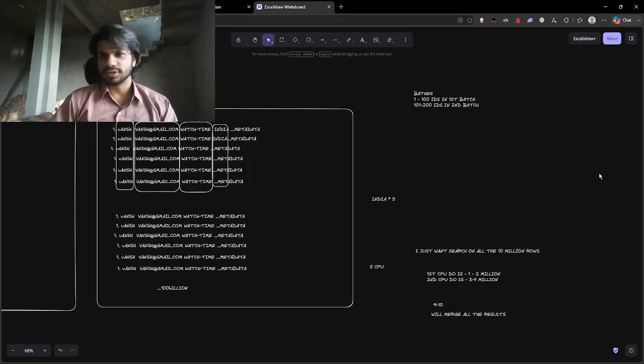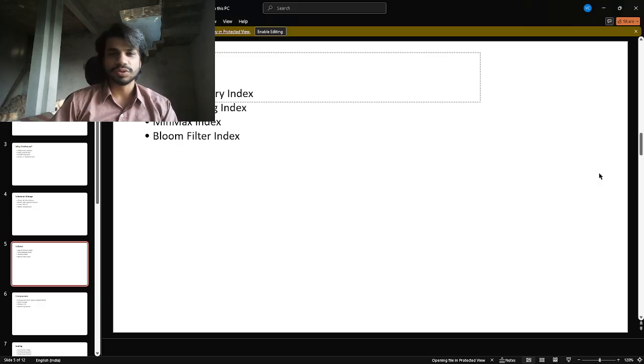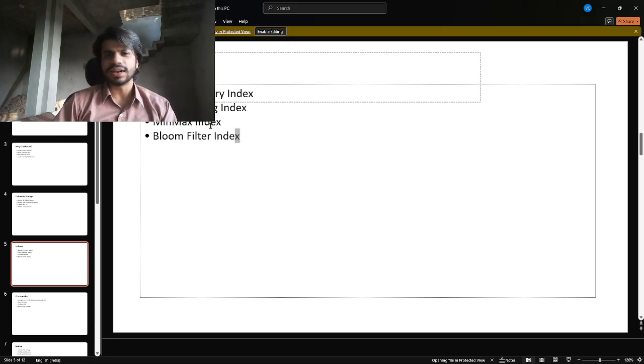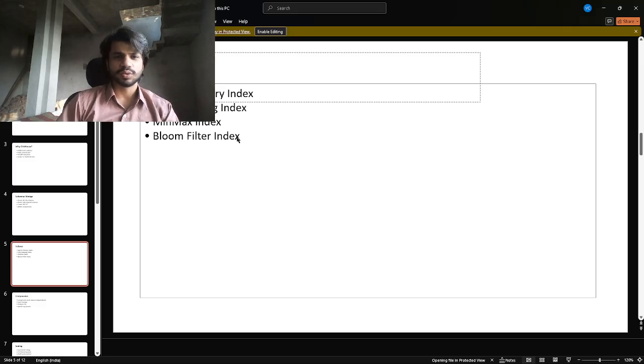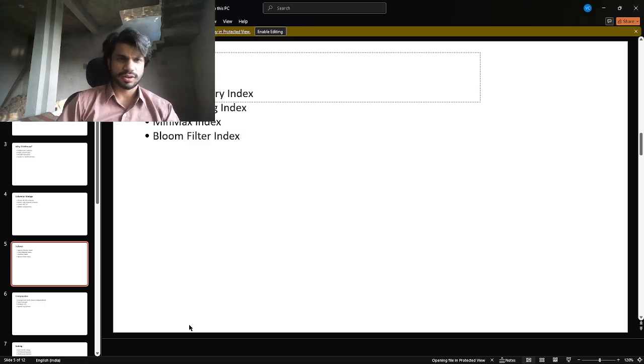Things like these we store using indexes here, sparse indexes. These are some index types, and if I create a large video, then we can discuss all these separately. And the next is